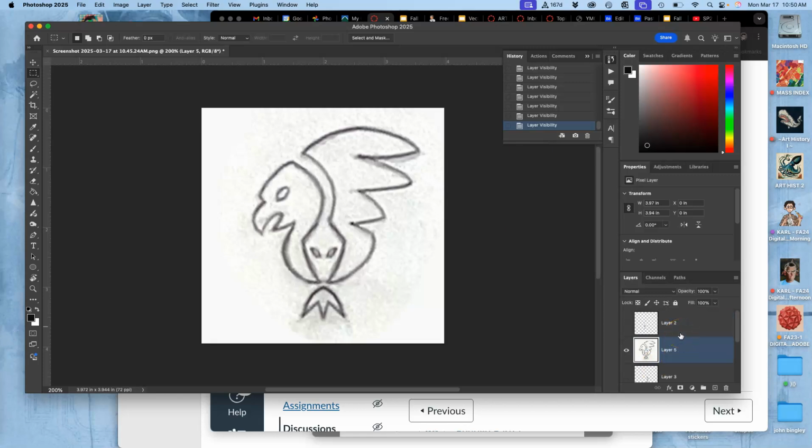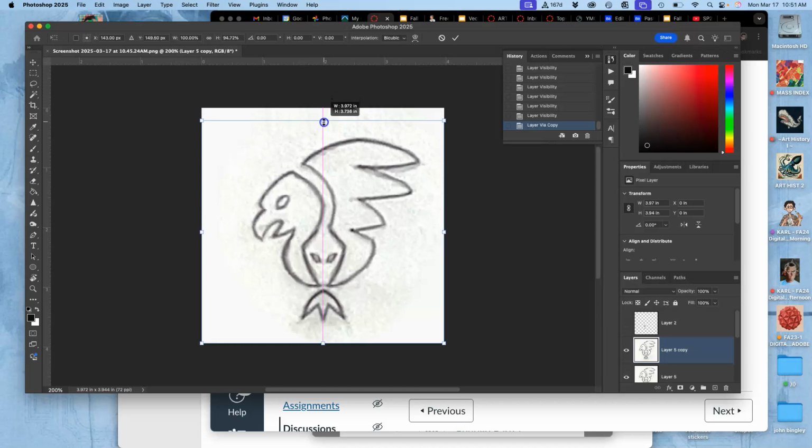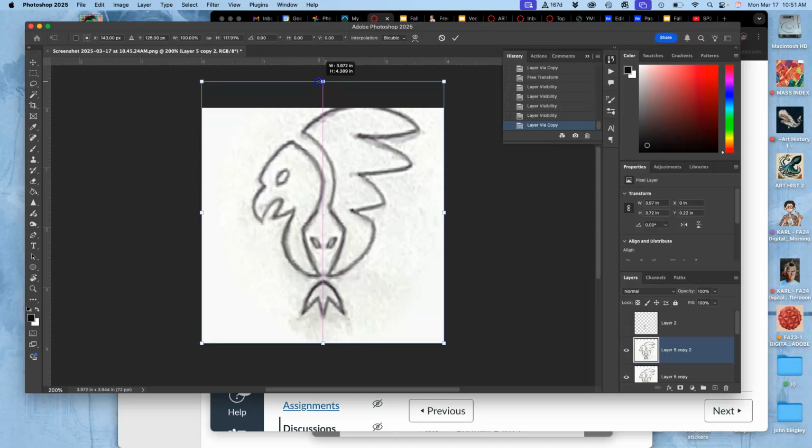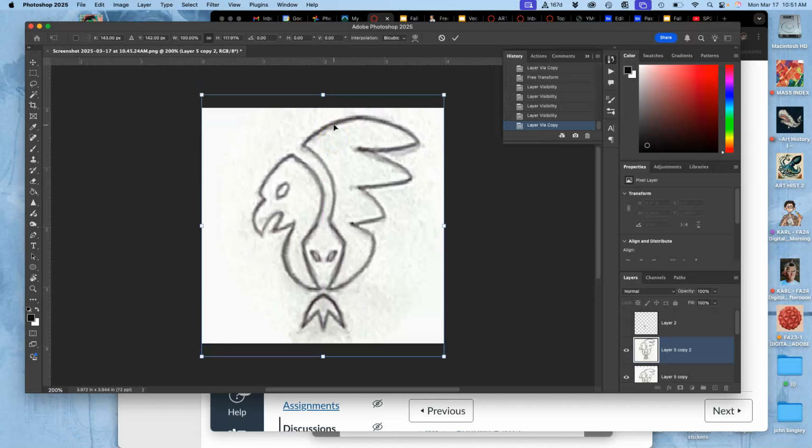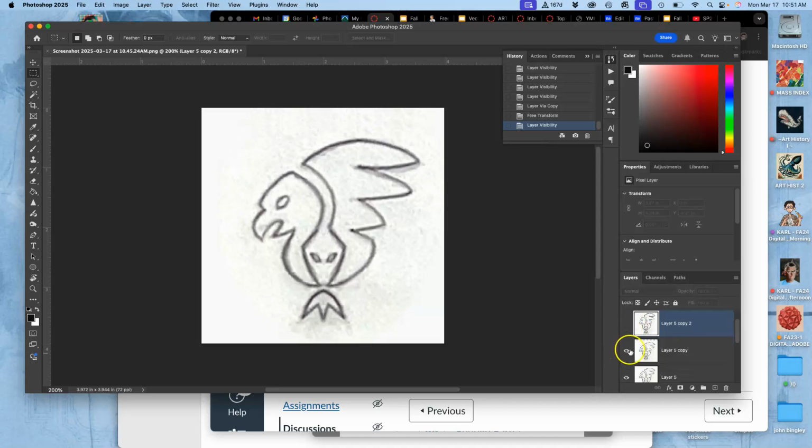And now I'm going to make a duplicate of that combined, and I'm going to hit Command T, and I'm going to see if I hold down Shift and I just squish it down a little bit. Do I like that better? I think I do. Better a little bit compressed rather than quite so tall. Or I can do the opposite. Command J, Command T, where computers are very helpful, and I can make it a lot taller. And that doesn't hurt the symmetry of it at all, or the balance of it. But what do I like? And actually, I think